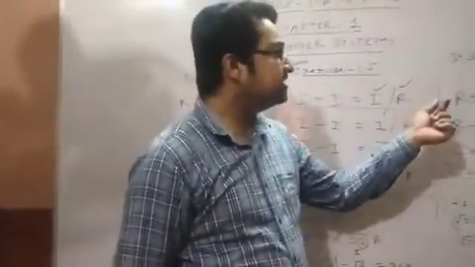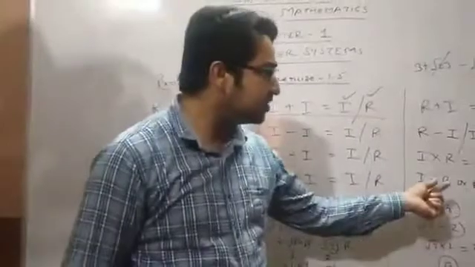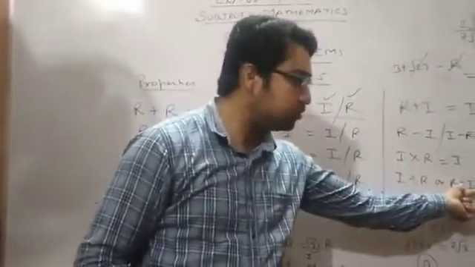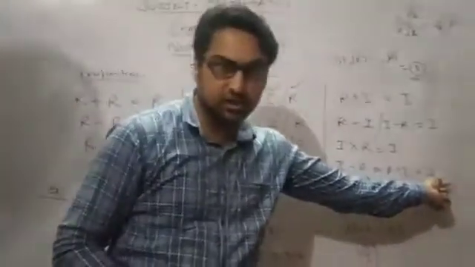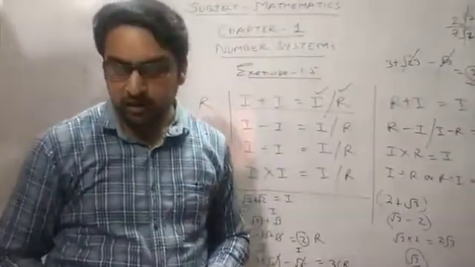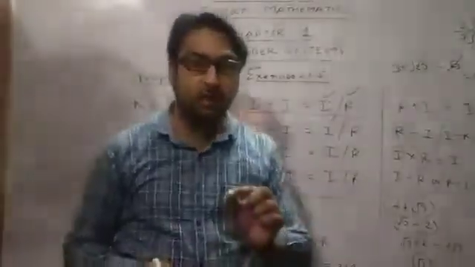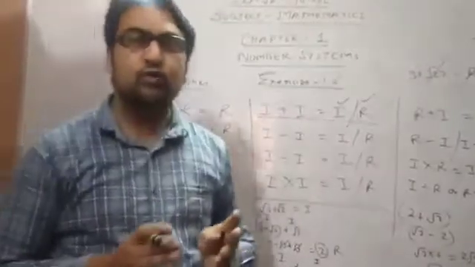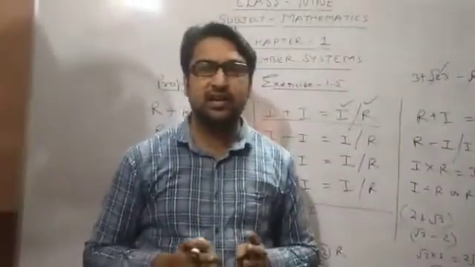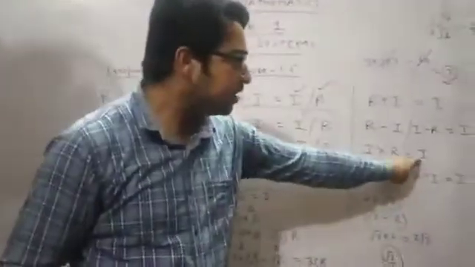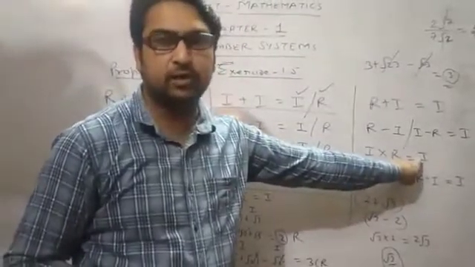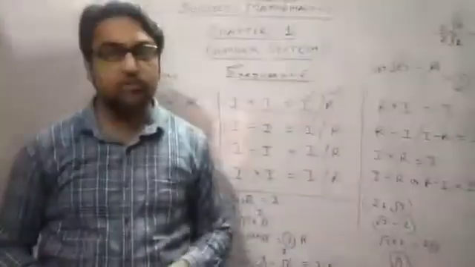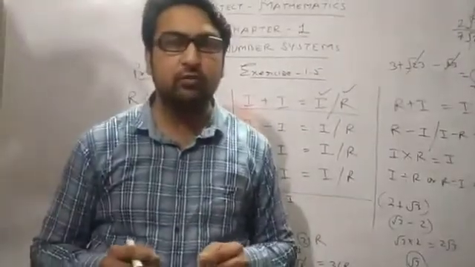Okay. Fourth, 1 upon root 2. 1 is a rational number and root 2 is an irrational number. तो rational और irrational number का जो division होता है, that will be an irrational number. So 1 upon root 2 is an irrational number. And fifth, 2 pi. You know very well that pi is the form of an irrational number and 2 is a rational number. So when we do the product of rational and irrational, we will get an irrational number. So the 5th is also an irrational number. Students, in this way, this question number 1 is completed now. You have to do it in your fair notebook.